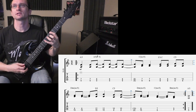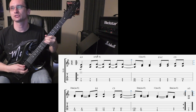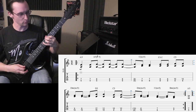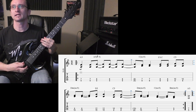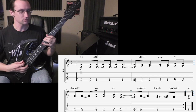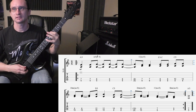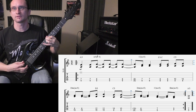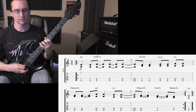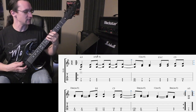1, 2, and 2, 3, and 4, and 1, and 3, 4, and 3, and 1, 2, and 2, 3, and 4, and 1, and 3, 4, and 3, and